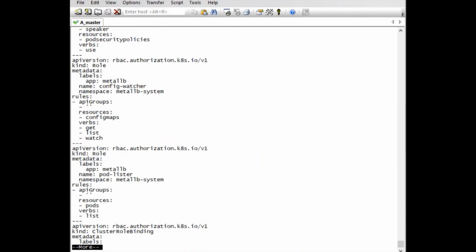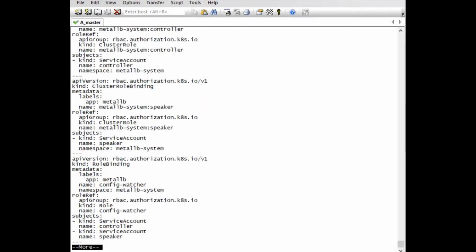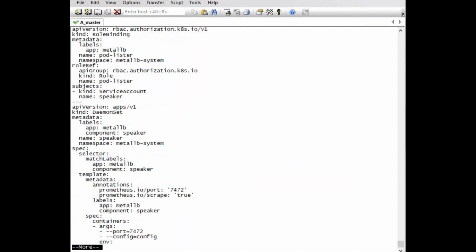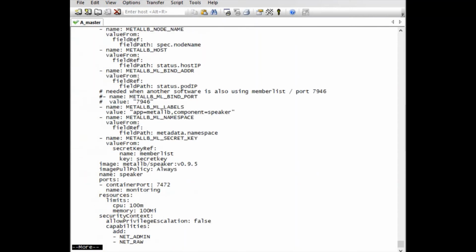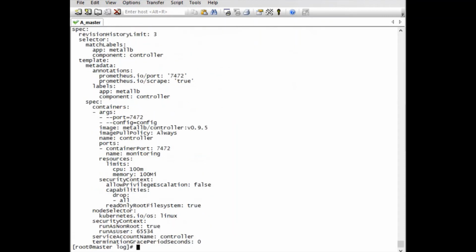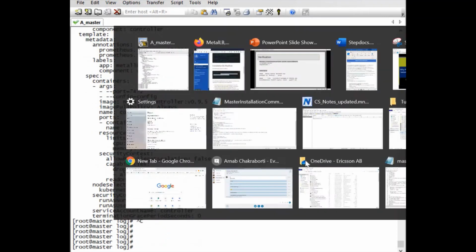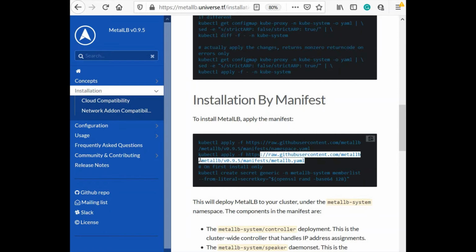So whatever data is required for the installation, those things are created using this step. Kind role, we are creating role binding, cluster role binding, daemon set, because this MetalLB installation will be done as a daemon set. Okay, so the file is okay, nothing harmful in the file. Let's apply the file.